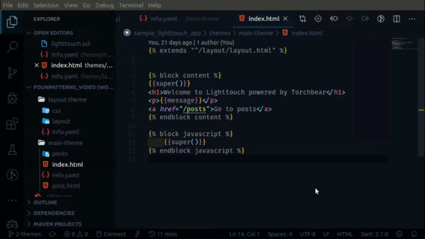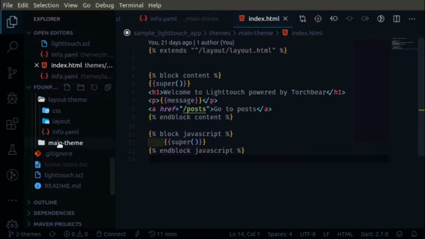Themes. As it was explained before, Lighttouch frontend is managed in the form of themes. Here we're going to explore everything regarding the themes. How to create a theme. In order to create a theme, we must create a folder with the name of the theme in the themes